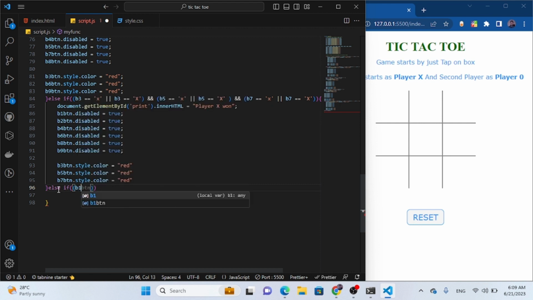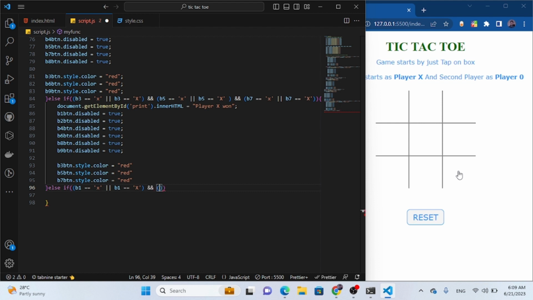Now we are checking from button 1, which is actually going to be box 1. First of all, let me say box 1 is equal to x. And if you really understand what I'm doing, because this is the box 1, we are going to check box 1 here and box 5 at the same time, and we are going to check box 9, which means if box 1 is equal to x, or box 1 is equal to big X, so to speak, like that,